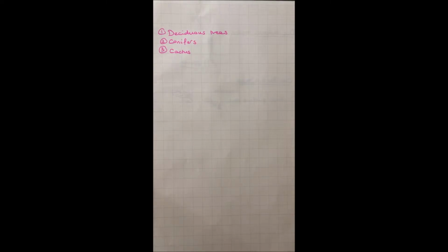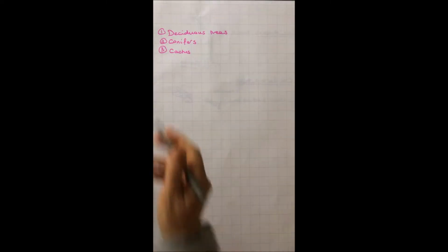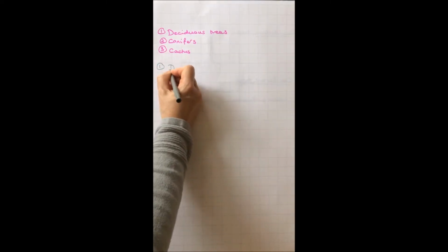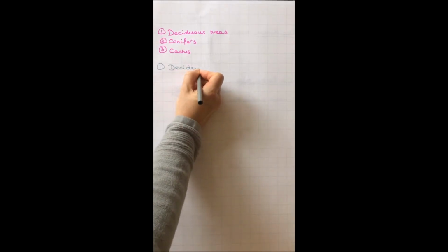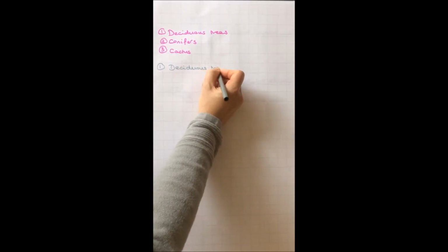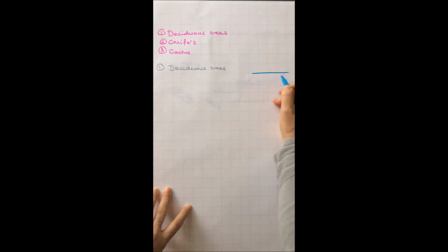So let's look at deciduous trees first. Deciduous trees are trees that lose their leaves during the winter. We've got quite a lot of those in the UK. Examples might be an oak tree, birch tree, sycamore tree, apple trees, etc. Any tree that loses its leaves is referred to as a deciduous tree. There are lots of reasons why they might lose their leaves, but the reason you have to be aware of in terms of water loss is that if you imagine in the winter,